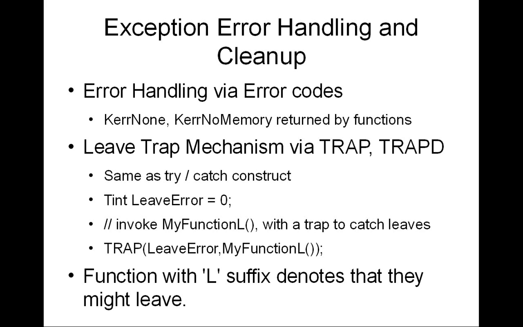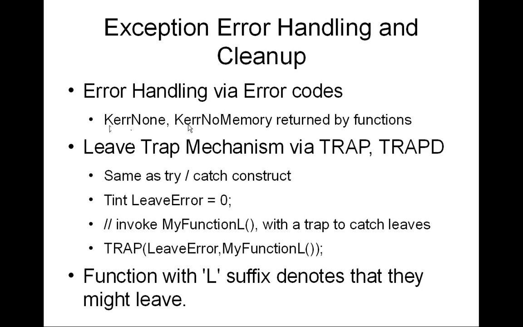So in Symbian, like typically now in C++, there is try catch handling, but at the time when Symbian was written, there was no try and catch available on C++. So they came out with their own ways of error handling. First of them: many of the functions that you use to do some stuff, for example a file open, will return an integer, that is int. And you can check it with Symbian